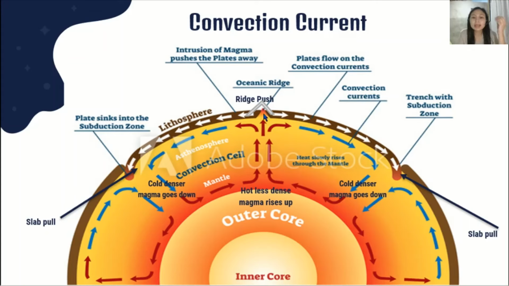So as a new ocean floor is being produced, on the other part of the world, a plate is being destroyed. So our Earth is not getting wider or smaller. Okay, it remains constant. It remains its shape. It remains its size. What changes is the landforms here on Earth, here on the crust. Okay, not the size of the Earth, but the formations here on the crust. Okay, so remember that.